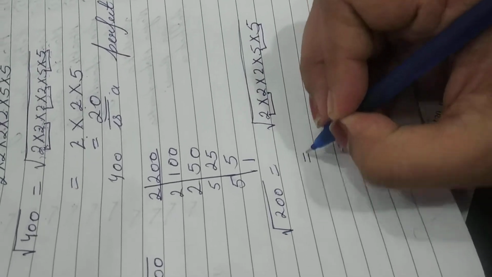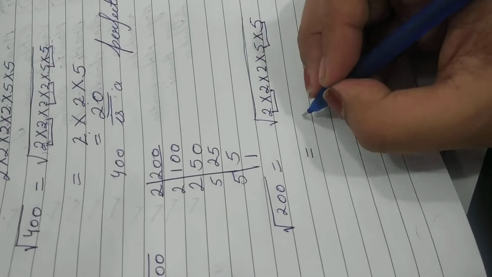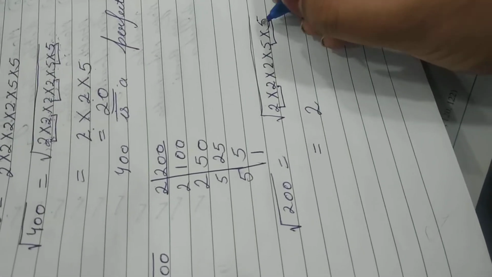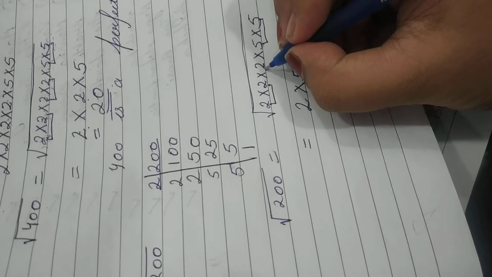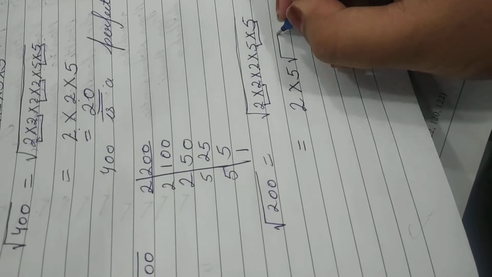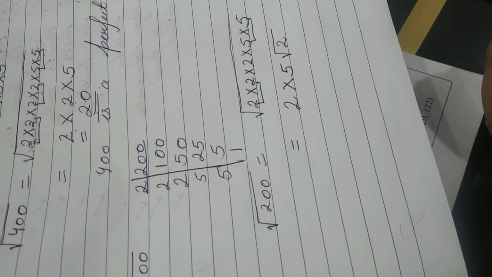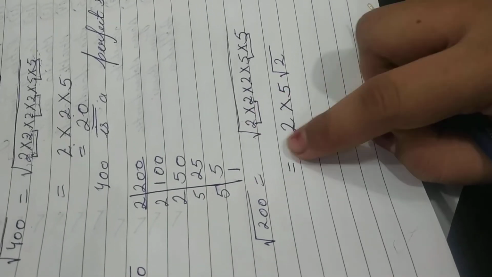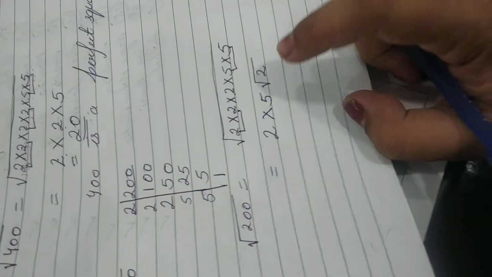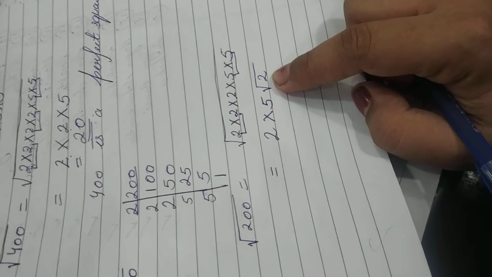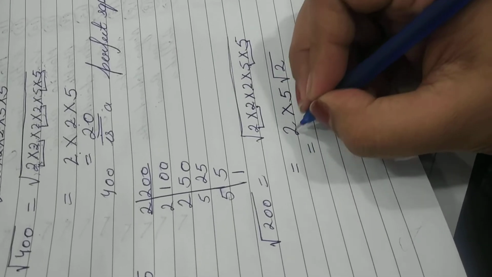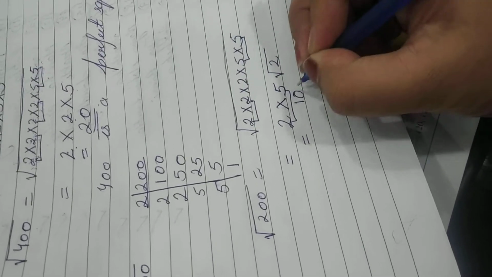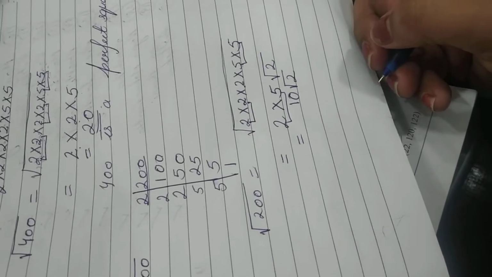Now out of these two 2s, one I will take outside; out of these two 5s, one I am going to take here. But इस 2 की तो कोई पेयरिंग नहीं हुई, तो इस 2 को हम as it is लिख देते हैं. ओके, जिसकी पेयरिंग हुई है उसके ऊपर से साइन हट जाएगा, जिसकी पेयरिंग नहीं हुई है we will write that number as it is. 2 into 5 is, इन दोनों को मल्टीप्लाई कर देंगे, 10 √2, right?